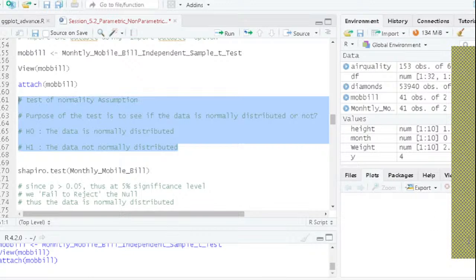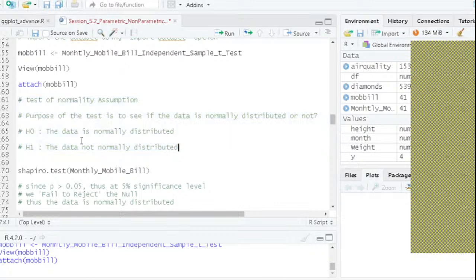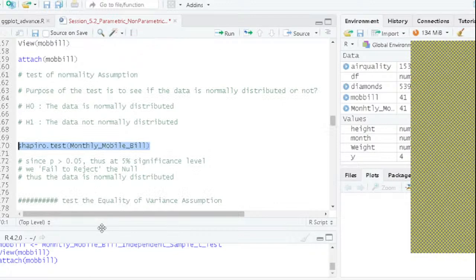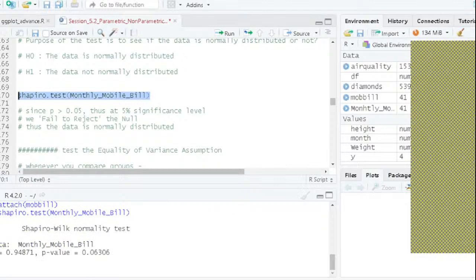I'm sharing the content, the notes part, so that you can copy and paste it. Okay. So I have shared the comments. Next. Now the Shapiro-Wilk test is simply using the command shapiro.test monthly mobile bill, right? When you run this shapiro.test, just run this and you'll see P turns out to be